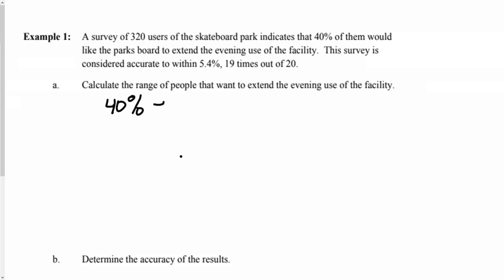but we know our margin of error is going to be plus or minus 5.4%. So what you would do is add and subtract 5.4% to 40 to get your range. So 40 minus 5.4, that's going to be 34.6. And if I add it,